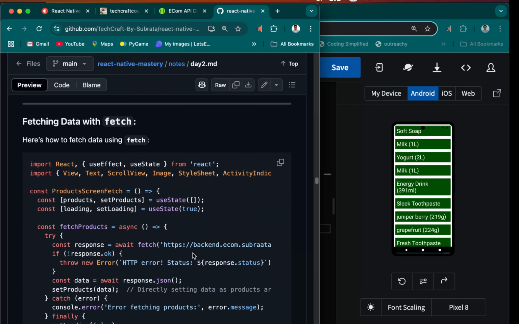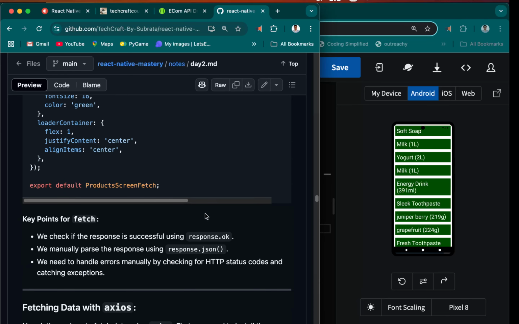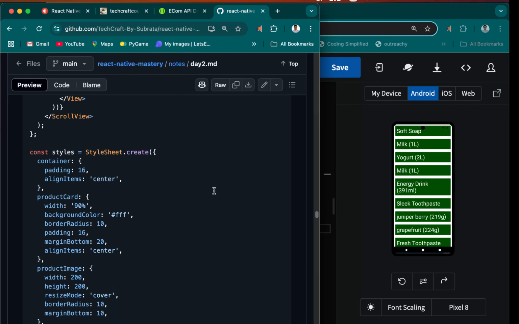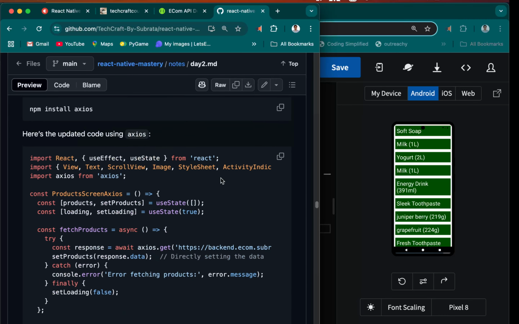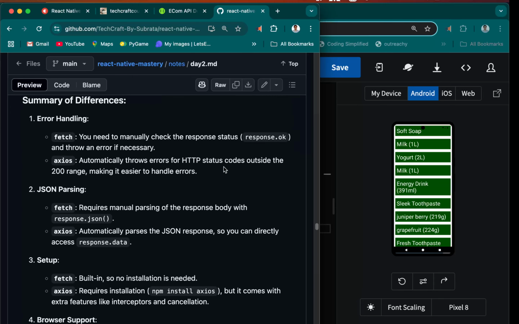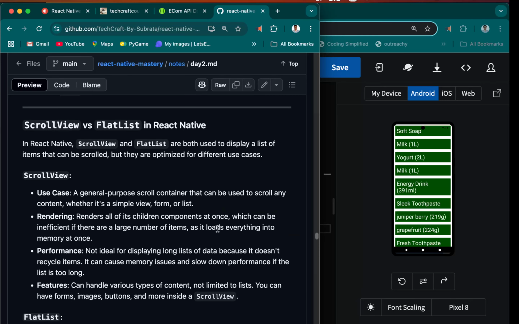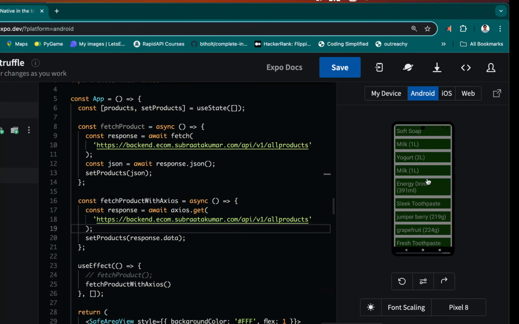Now let's focus on our FlatList. Okay, you can use either fetch or axios, but I will suggest to use axios always. Once you fetch your data, then you can display it either in ScrollView or in FlatList. So which one you will use where? It depends. If you have a static list of items,